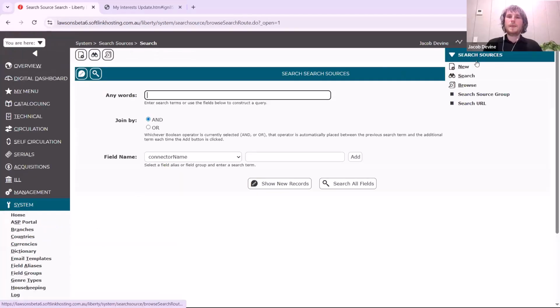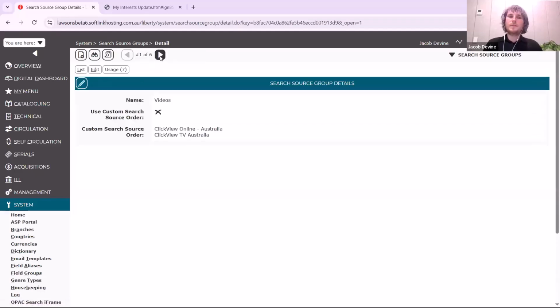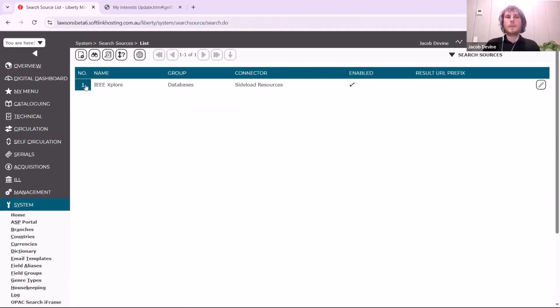Perfect. So to create these database groupings, you are able to go just down to System, Search Sources again, and there's an option for Search Source Group. So we have videos, databases, and local library and the rest of those, and they're able to then be assigned to your search sources just by going to Search Source, and if we search for IEEE, for example, we can